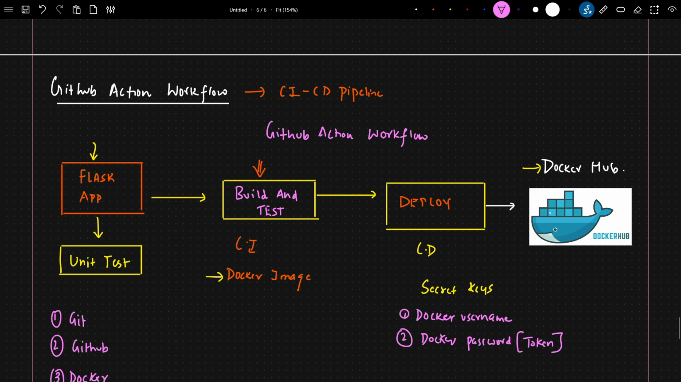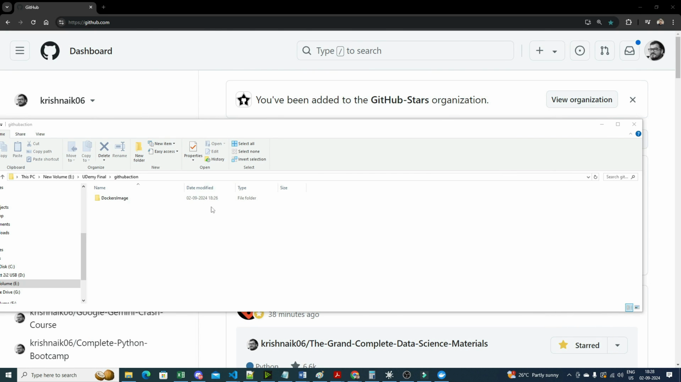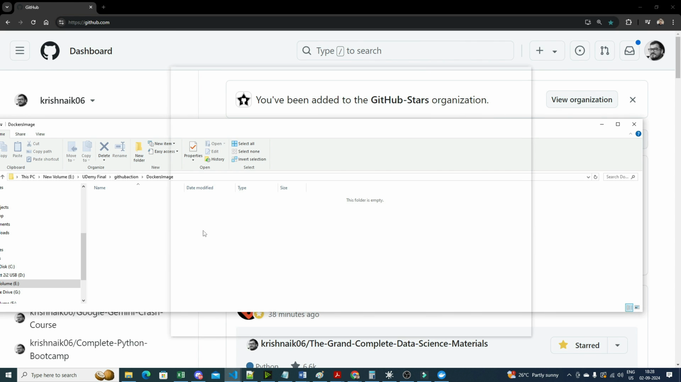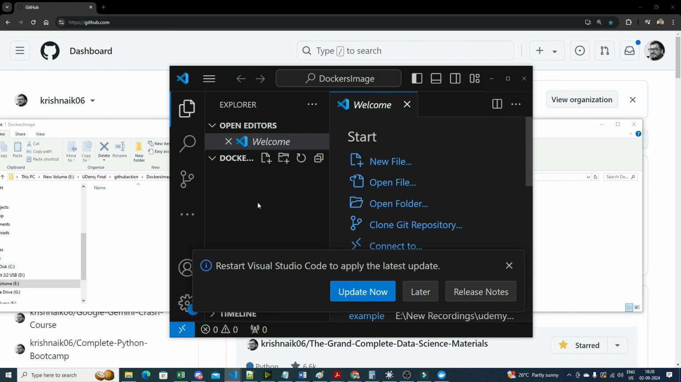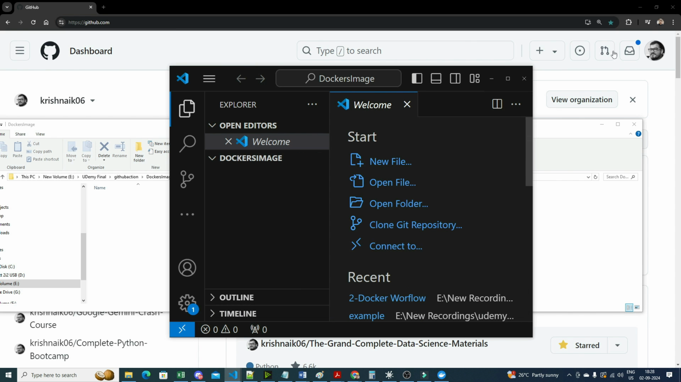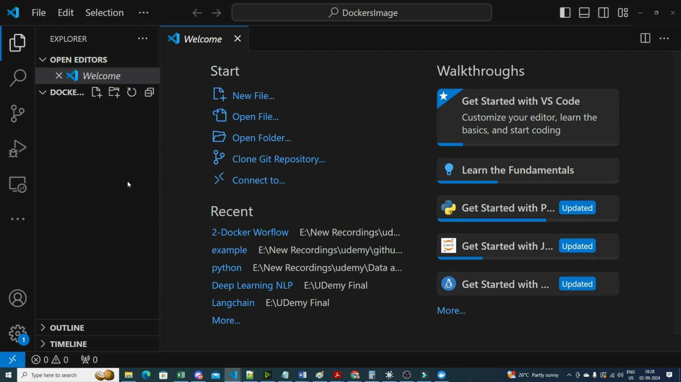So step by step we'll be going ahead, so let me just minimize this. First of all, this is the folder location that I'm going to work with. So here is something called Docker image. I will just go ahead and open my VS Code. You can either open it from here or you can open it from terminal, okay? So once we open this terminal, the first thing is that I will go ahead and create my